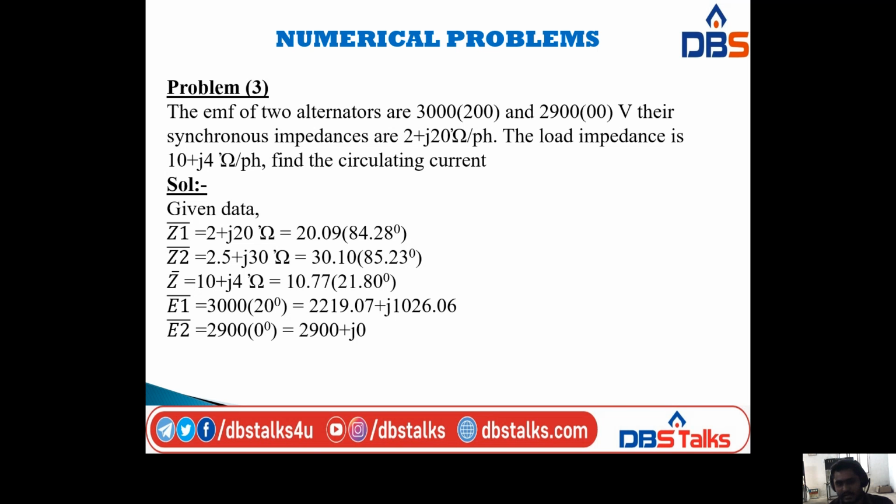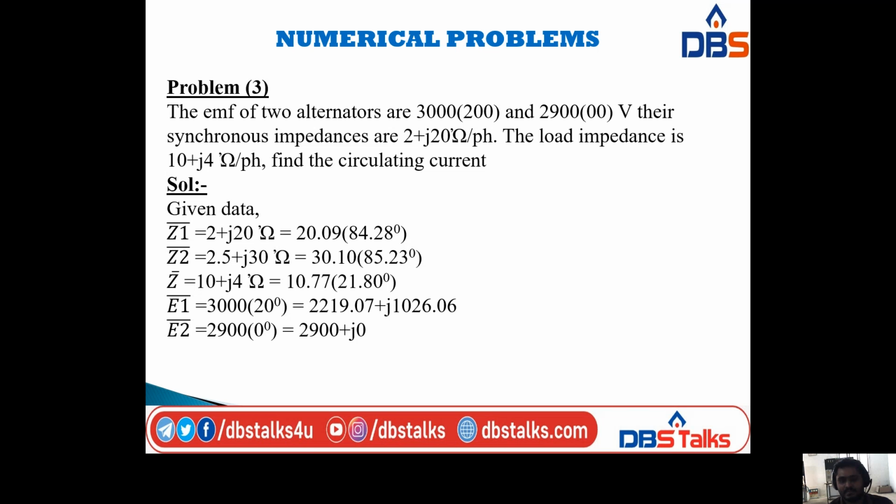I did not mention the Z2 value. In the problem they gave it, but I didn't mention it here. So that is also here, 2.5 plus J30 ohms, that is the Z2 value, and they already gave the load impedance, Z is 10 plus J4 ohms, and by using these data we have to calculate the